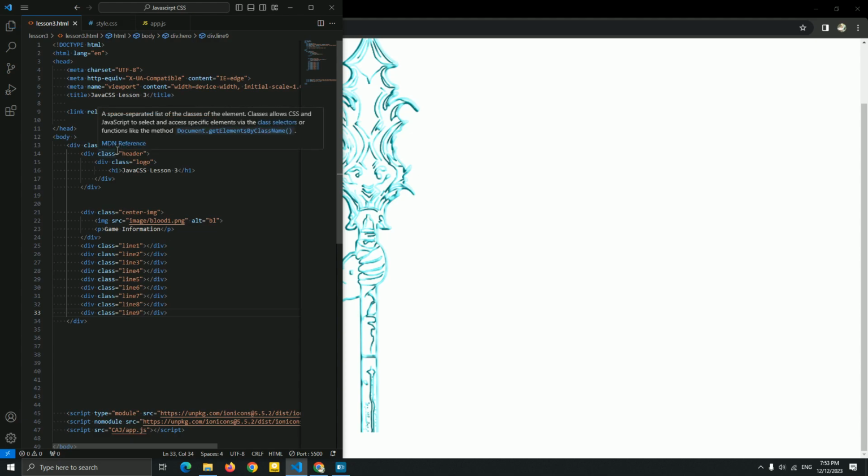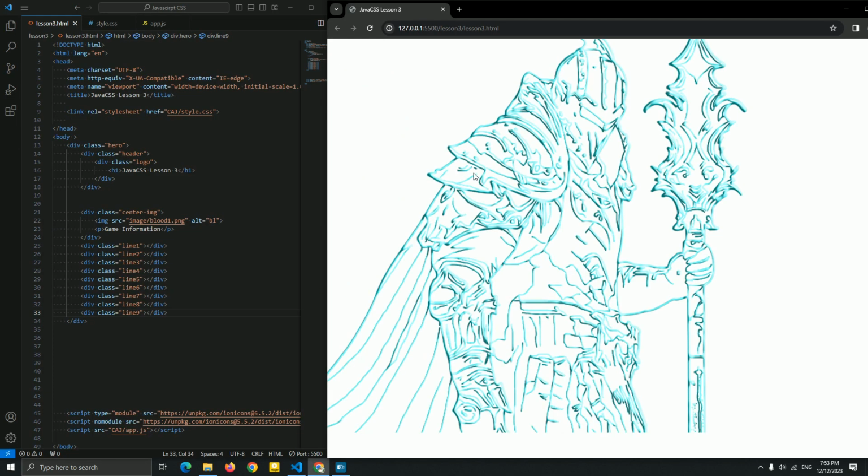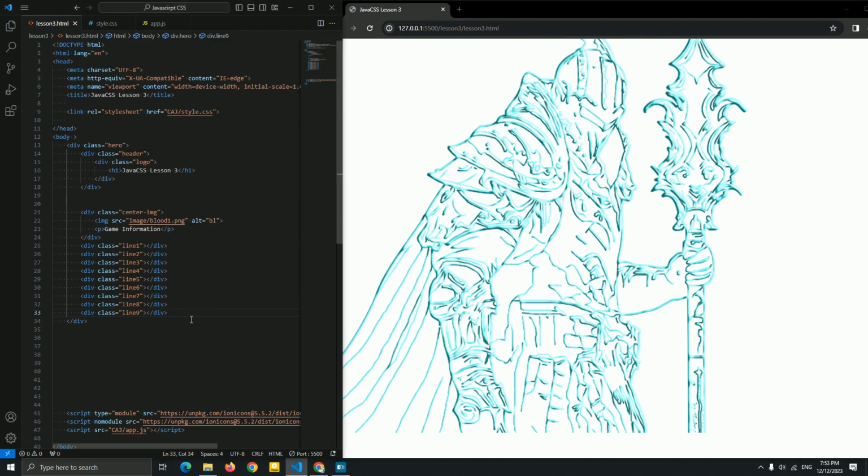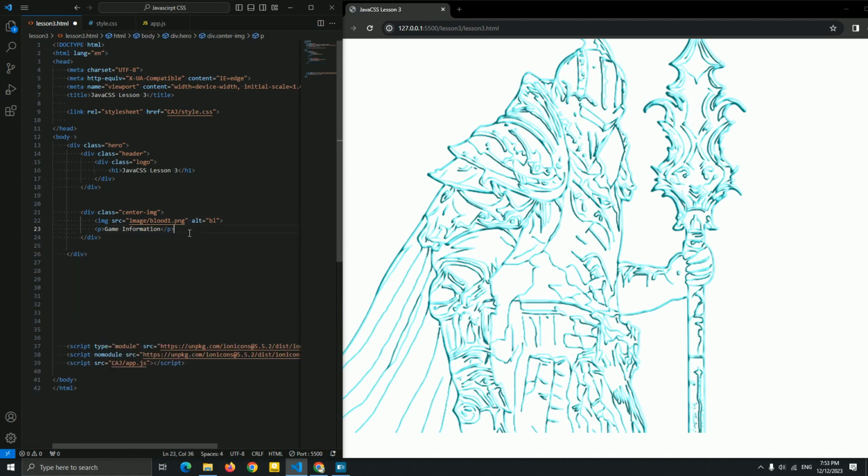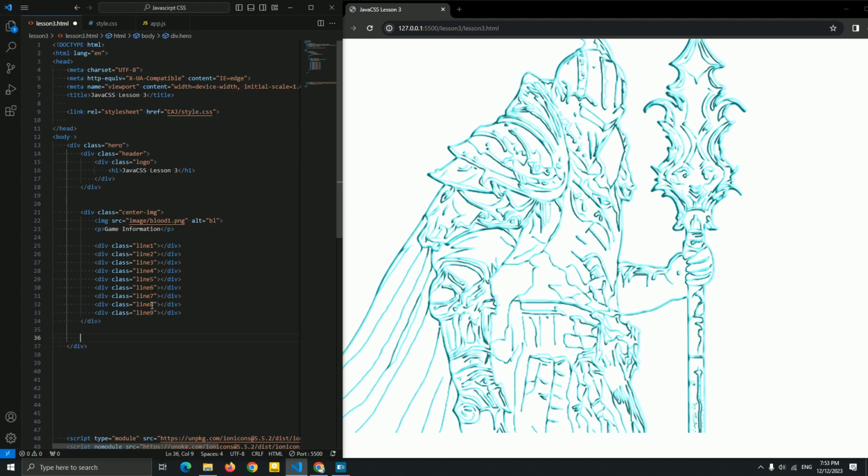And the last thing I want to add before we go for the CSS is this message, this image and this text, that comes up after the animation of the line. So let me name it simply here, and let me add center inside of this center image. Now inside the hero I'm going to add message, and let me name it grid.